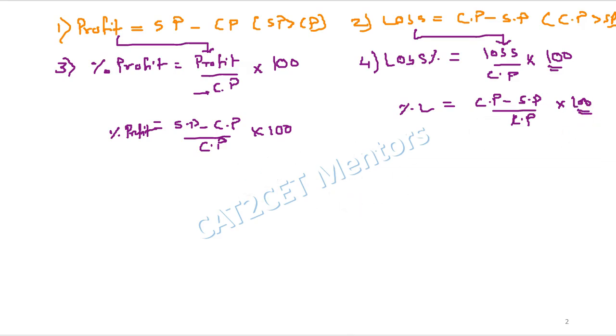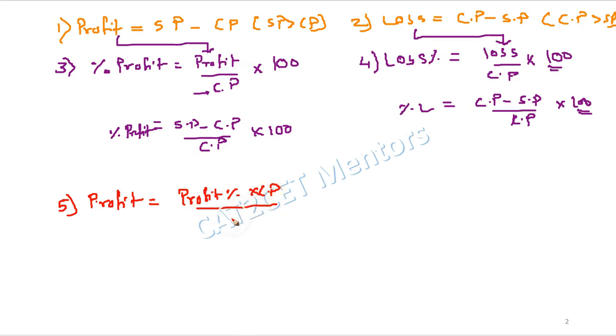Now these formulas can be rewritten or reshuffled in another way also. Suppose I am given percentage profit and I have to calculate the quantity of profit that I have achieved. So profit is given as profit percent multiplying this by CP